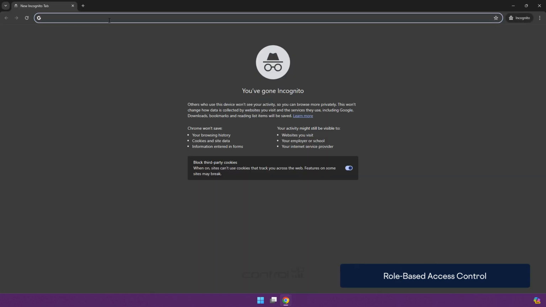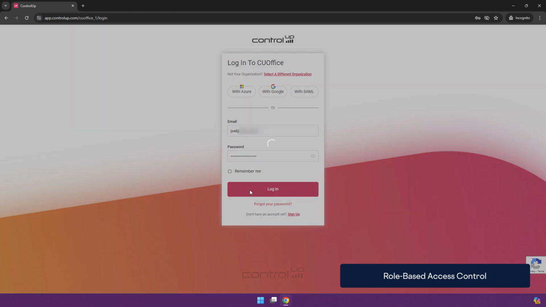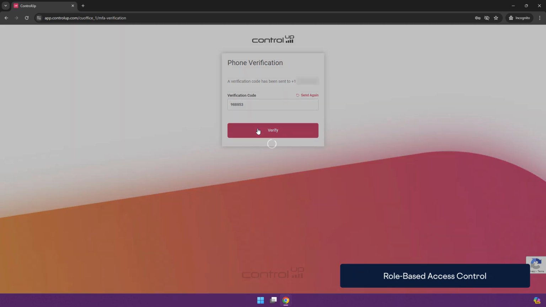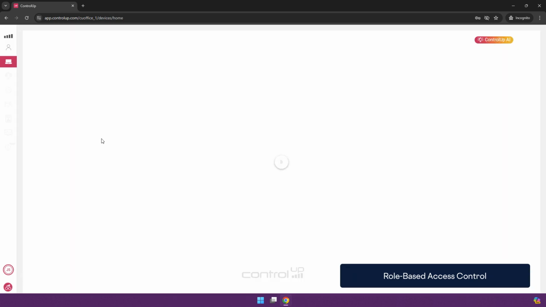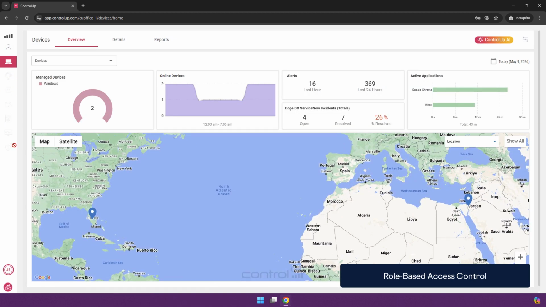So let's open up another browser window and log in as that user. And as we will see, first of all, many of the options here on the left side menu are no longer accessible.